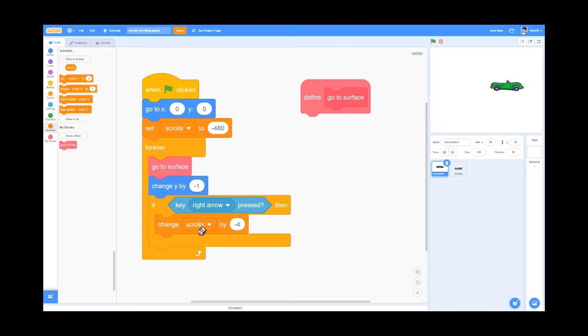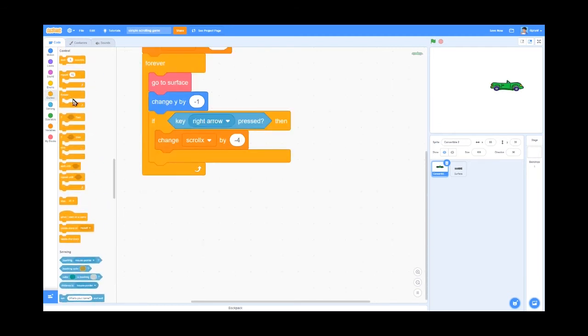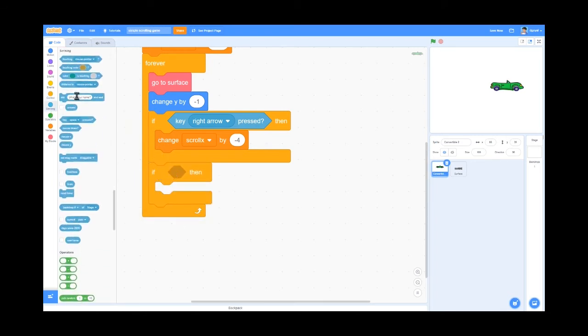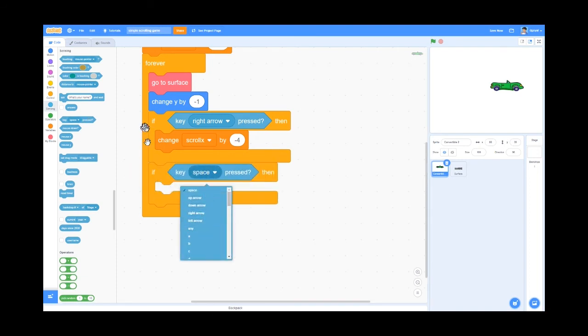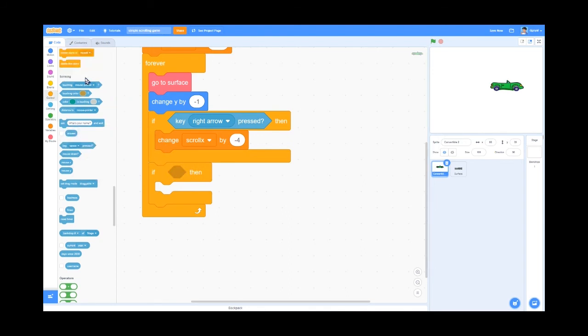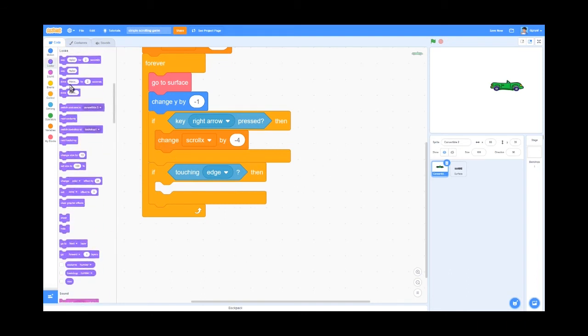We need to make sure that again, these digits are correct. Even if it's -3, you will mess up your project. Okay, now let's keep going. So then we will need another if block. If touching, oh sorry, not keys pressed. If touching, not mouse pointer, if touching edge, then we will make it say